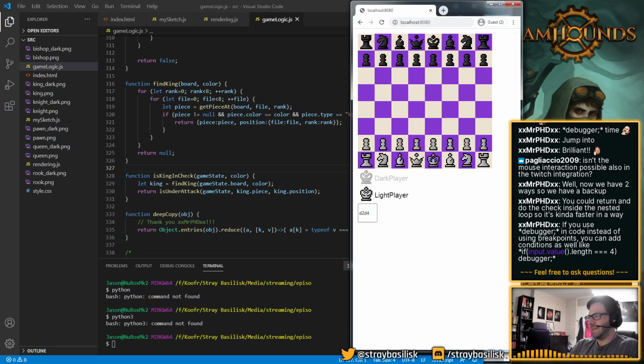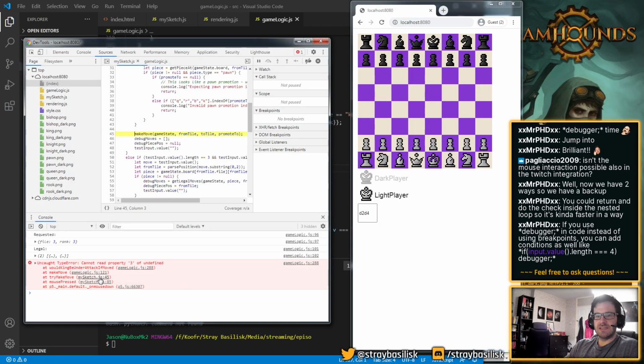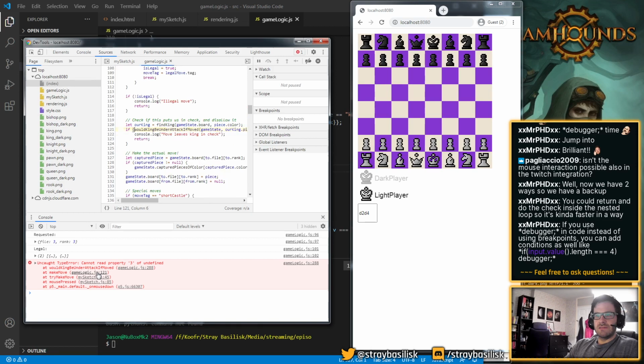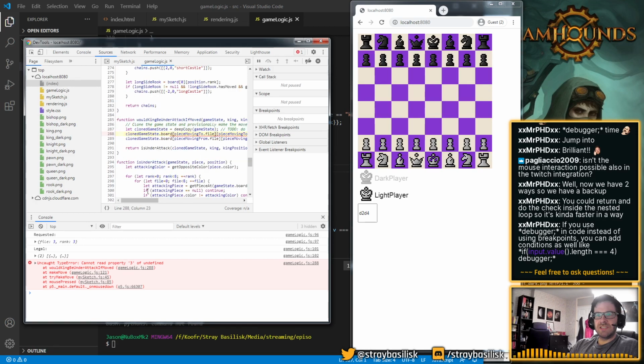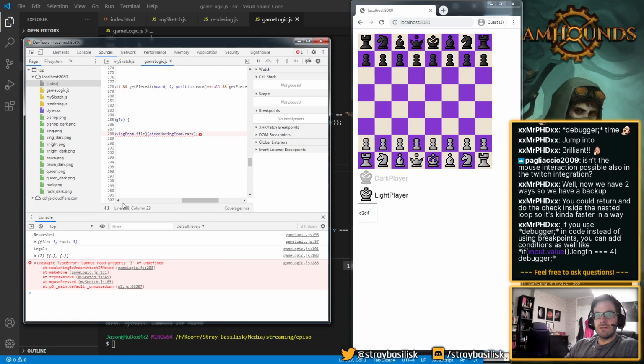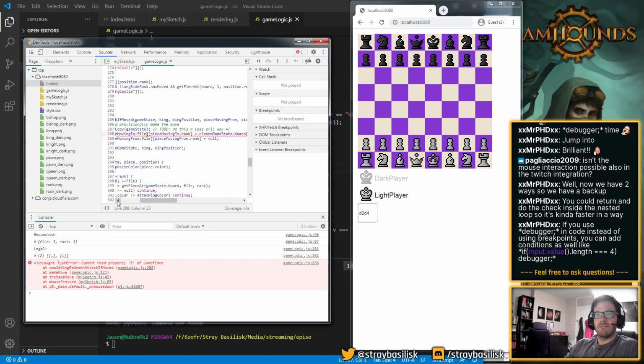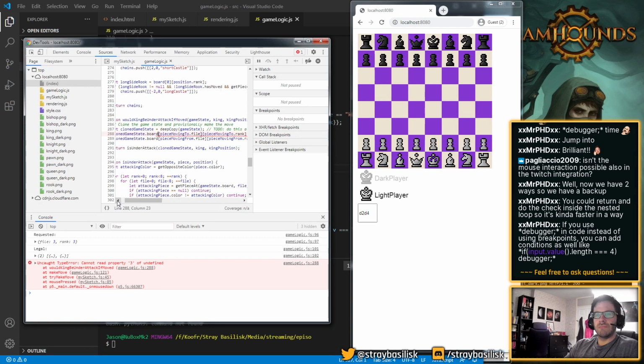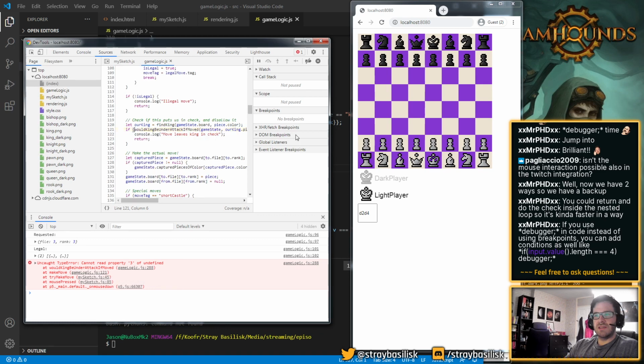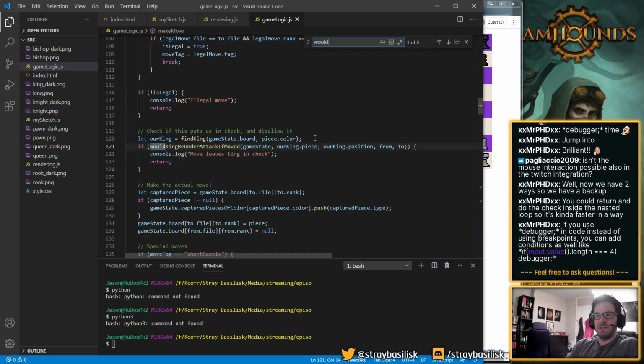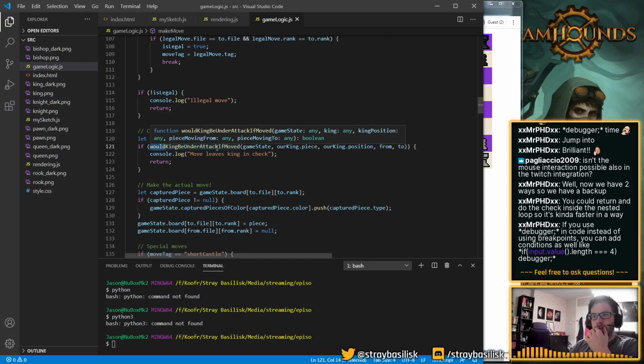So what was happening here? We were passing in probably some crappy information. So piece moving to was probably null. And that was happening here. This is so nice. Okay. Actually having some IDE stuff.